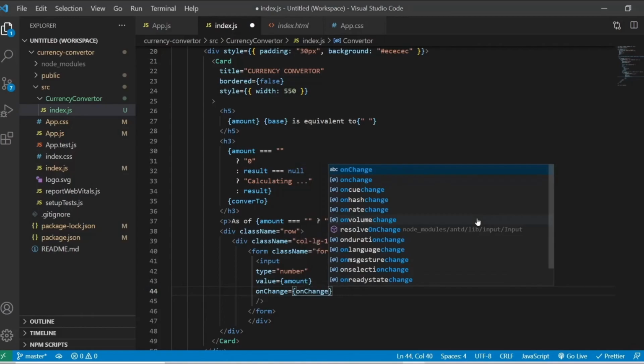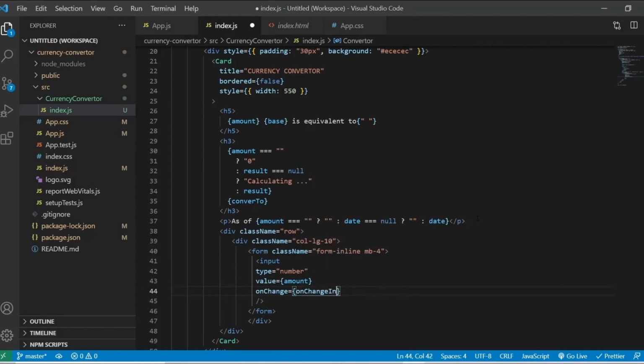So I'll give the helper method like onChangeInput, and it will be having the class name form-control, and it's all Bootstrap class I am giving here. Form-control-lg mx-5,